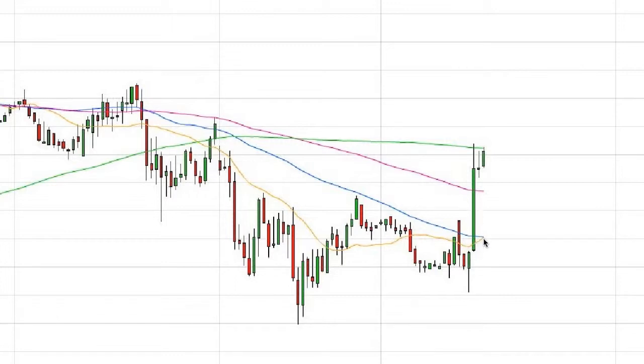So we can see that they're touching at the moment, which may indicate a certain amount of a pullback, which, as you can see here, has been met by resistance by the 200 period moving average. So in a nutshell, they're very useful in terms of crossovers to give you an actual entry point for a trade, both from the crossover to the downside and a crossover to the upside. And of course, the slope can be quite important. And again, if it's pointing upwards, it can indicate a slight correction in this particular